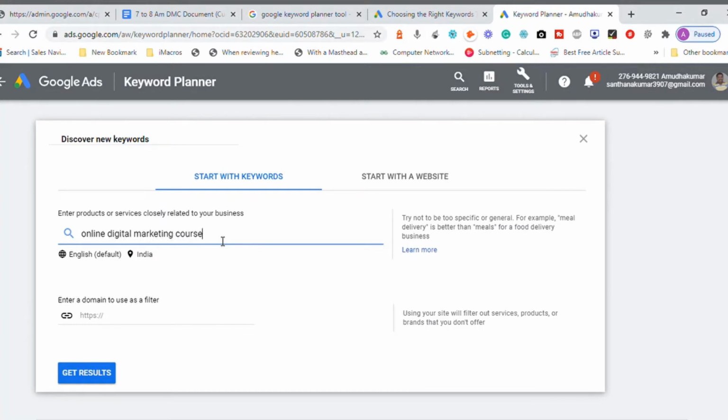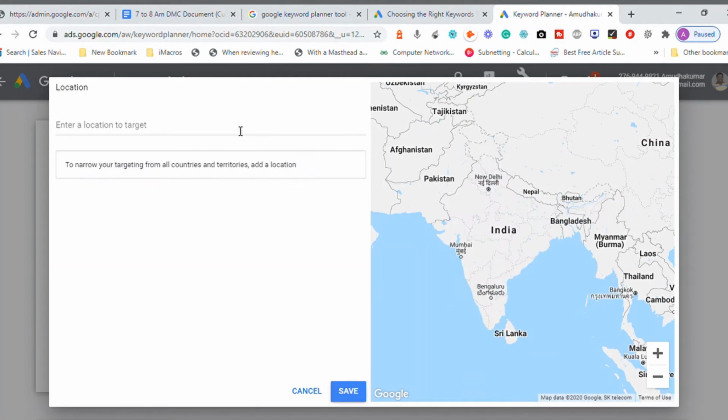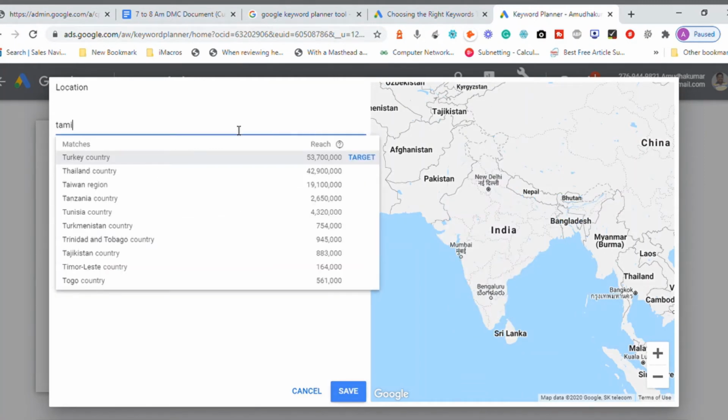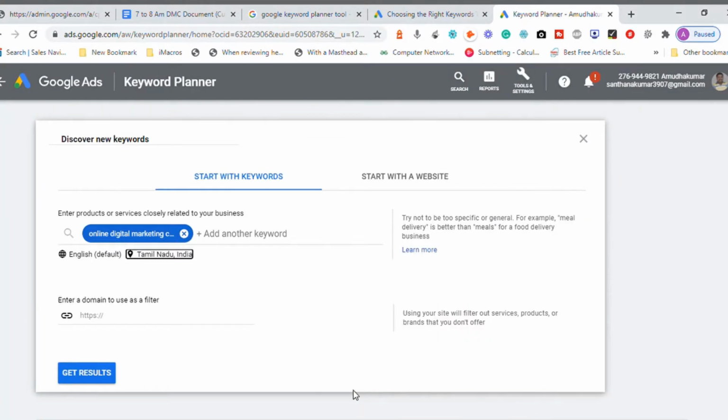I am searching with the phrase online digital marketing course, the browser is default English, and I am searching people in India. Let me try Tamil Nadu instead of India. Now it is going to retrieve the data from Google and give me some insights.